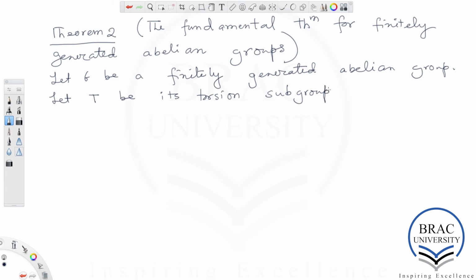Since it's not free, we can have torsion elements, right?